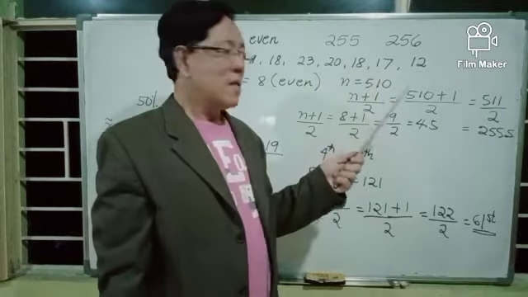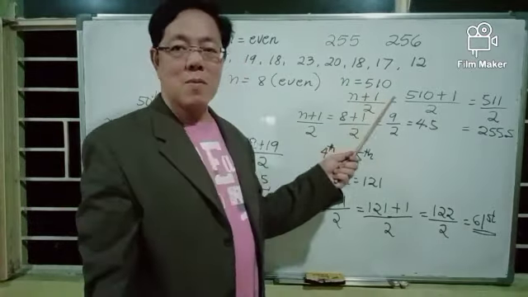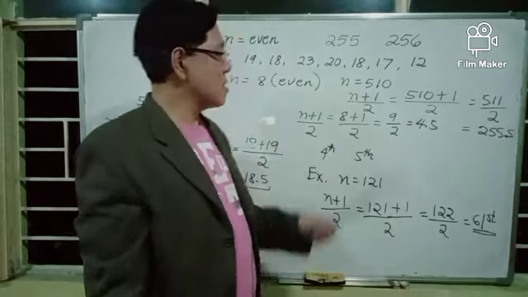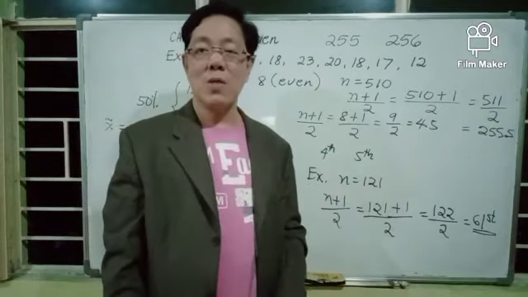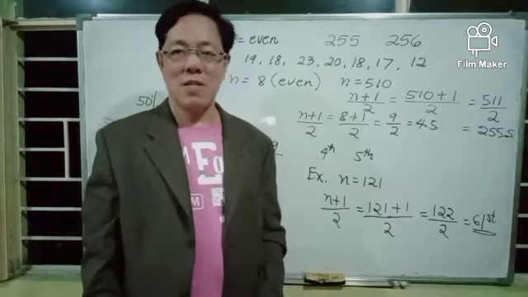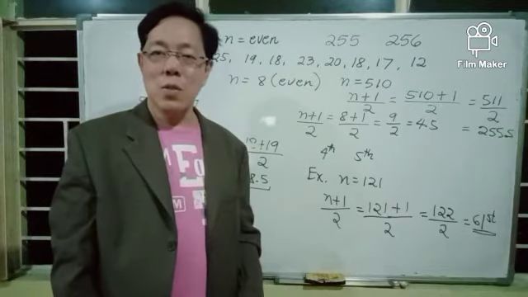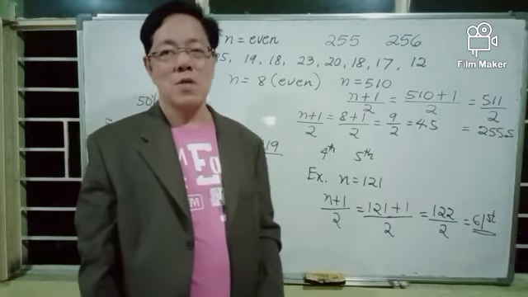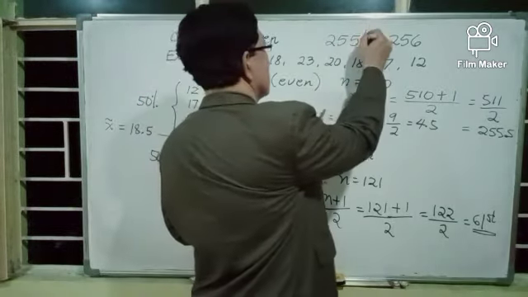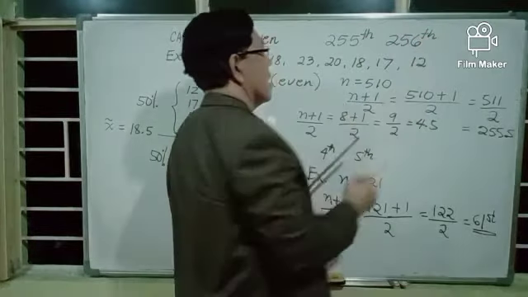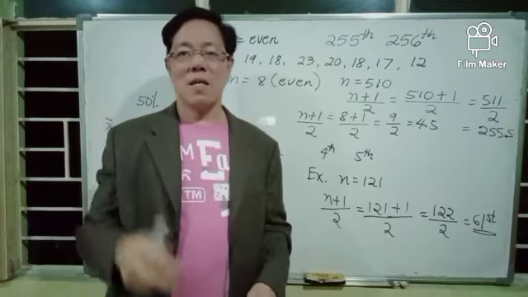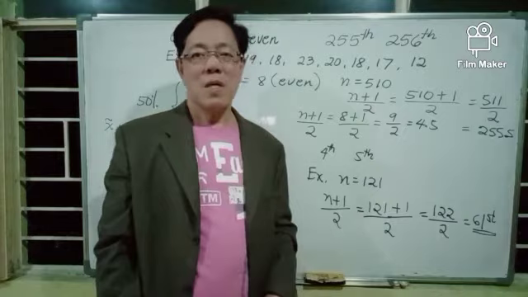This means that if the 500 values or observations are arranged in ascending or descending order, because the number of observations or sample size is even, you have 2 scores at the center of the distribution of scores. And those 2 middle scores or values or observations are the 255th and the 256th scores. Hence, in Excel, if the values have been arranged in ascending order, just check out